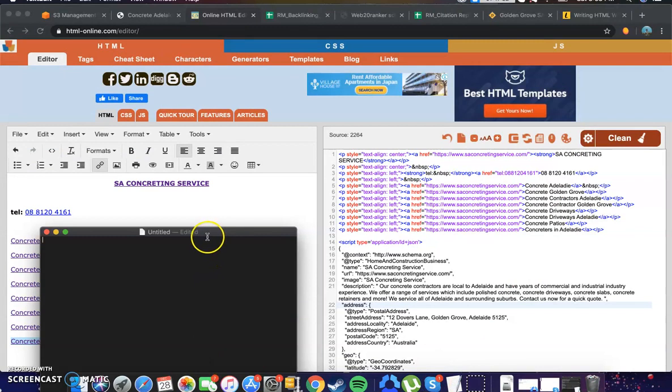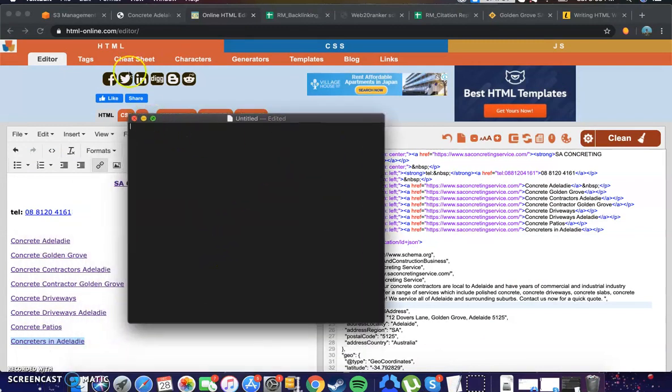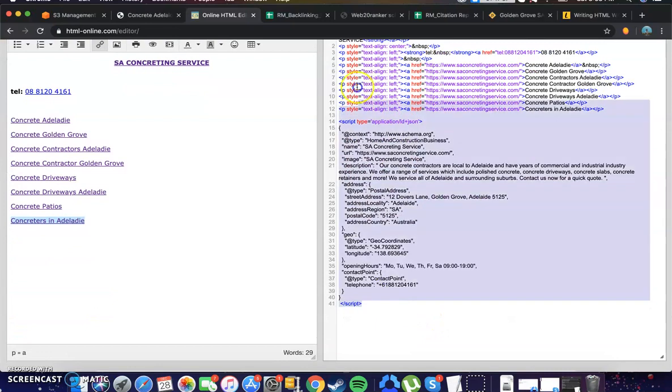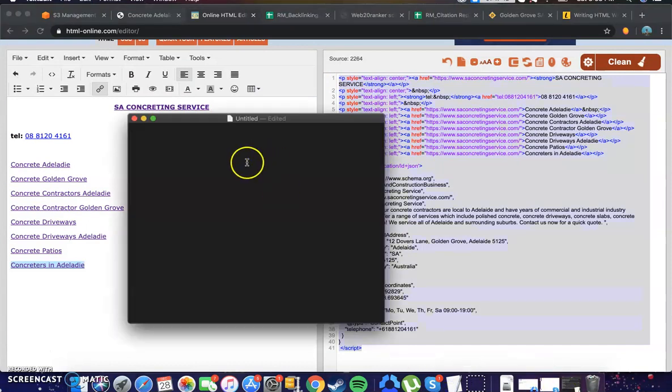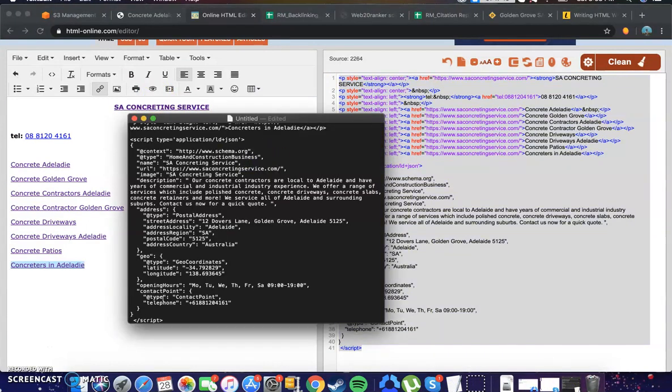What we're going to do next is, this is also a free tutorial on how to turn TextEdit into an HTML document. So we're going to format this one, because originally if you open a file, it's going to be in rich text format. You want to format that into plain text. Afterwards, you're just going to copy everything you see here, and paste that one here. And we're going to go to file,